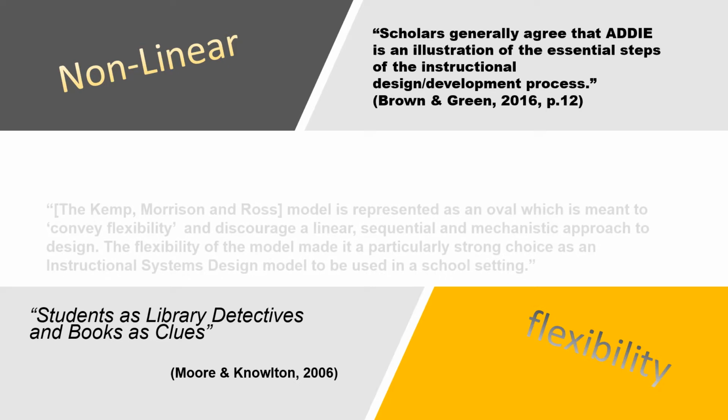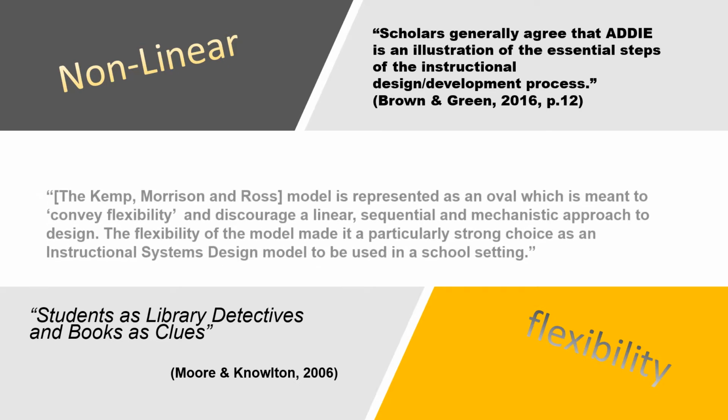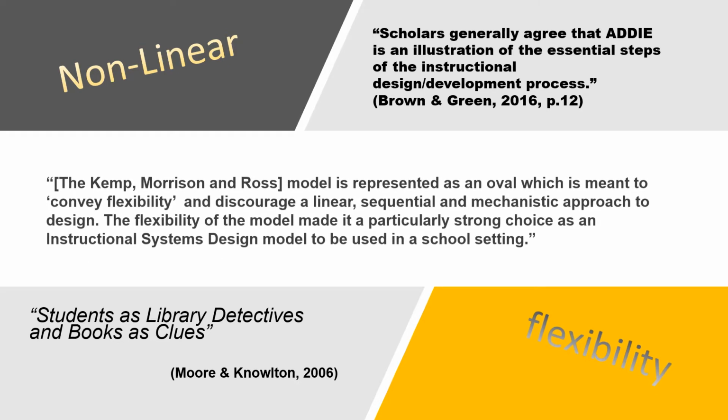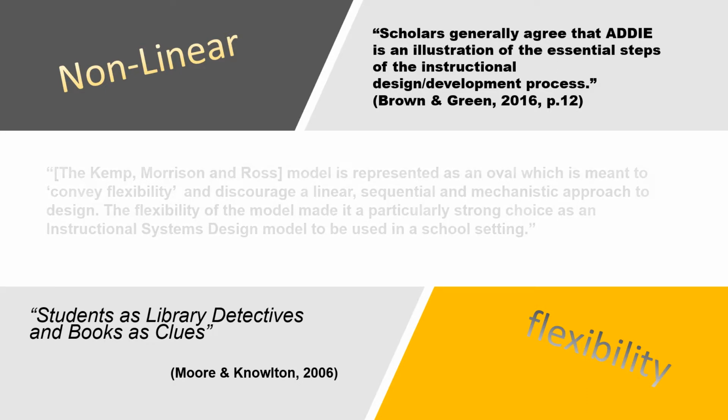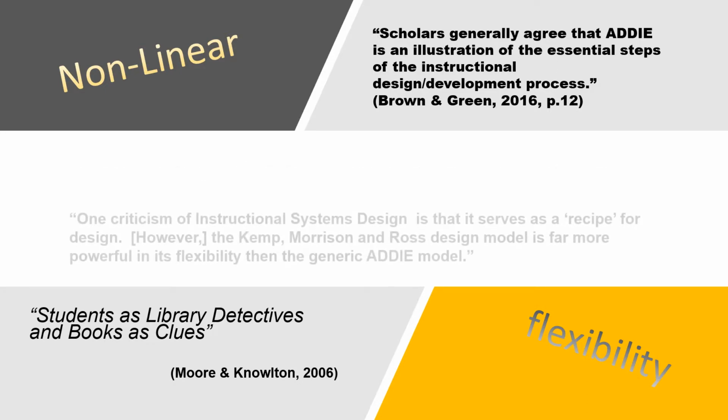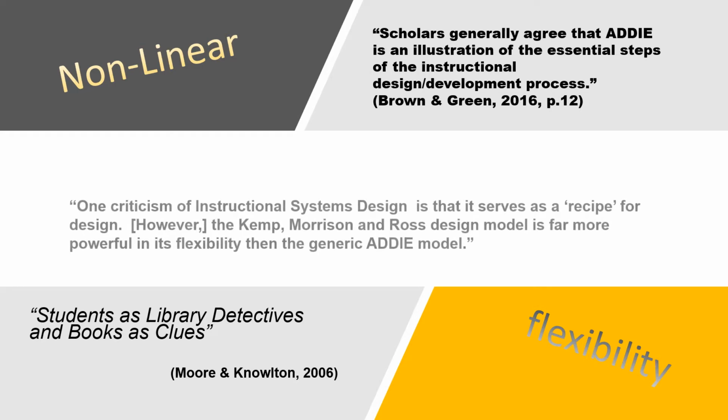The Kemp, Morrison, and Ross model is represented as an oval, which is meant to convey flexibility and discourage a linear, sequential, and mechanistic approach to design. The flexibility of the model made it a particularly strong choice as an instructional systems design model to be used in a school setting. They go on to state, one criticism of instructional systems design is that it serves as